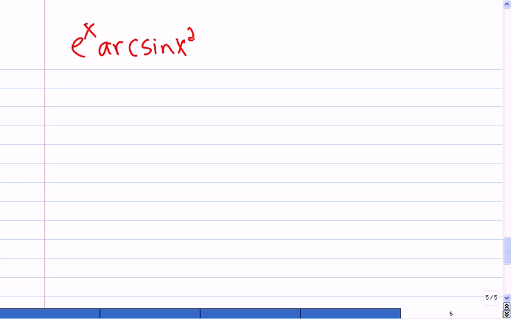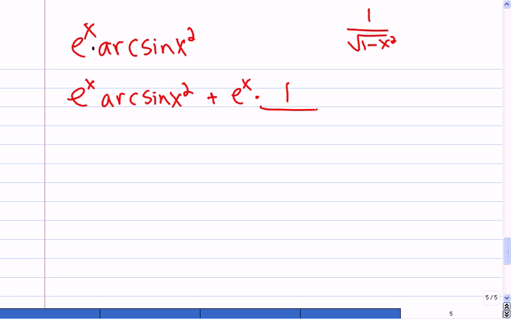Okay, so let's walk through this. This is a product rule question. There's 2 functions, and there's a multiplication in there. So to take its derivative, it's going to be the derivative of the first, which everybody loves, plus, this time we do the derivative for the second. So the derivative for arc sine, normally it's going to be 1 over square root 1 minus x squared. But this is now an x squared, so there's a chain rule in here that's going to pop up. So this is going to become 1 over square root of 1 minus x squared, all squared, times the derivative of the inside,